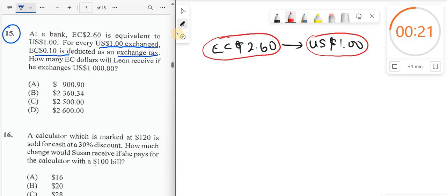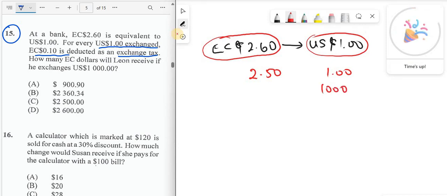If we take off 10 cents for every US dollar, we're going to be left with $2.50. And it says, how many EC dollars will Leon receive if he exchanges US $1,000? So for $1,000, guys, for $1,000,